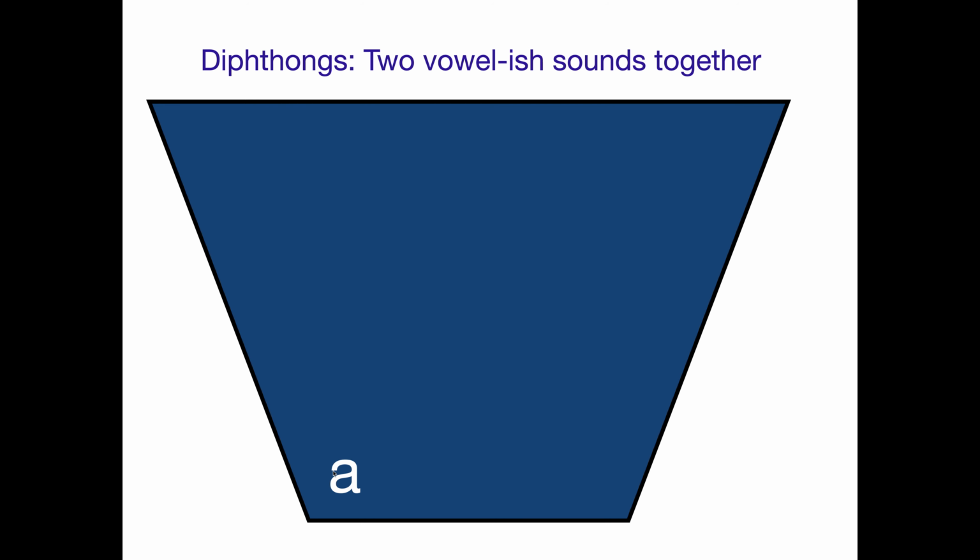So if we take the ah sound, which might be down here, sort of at the bottom, and what happens if we add a y to it, or we add an I to it? Well, it ends up becoming I, like inside or my or kind. So I, right? So that's pushing that sound up, so the I sound is really up